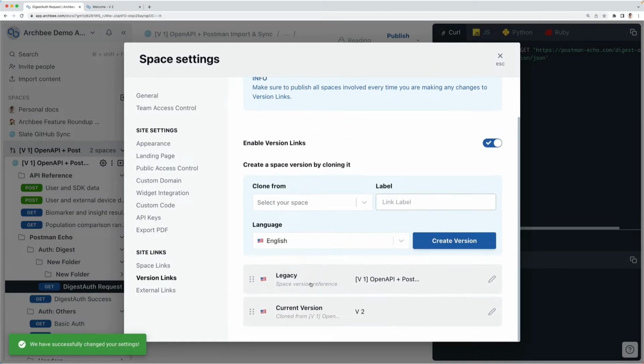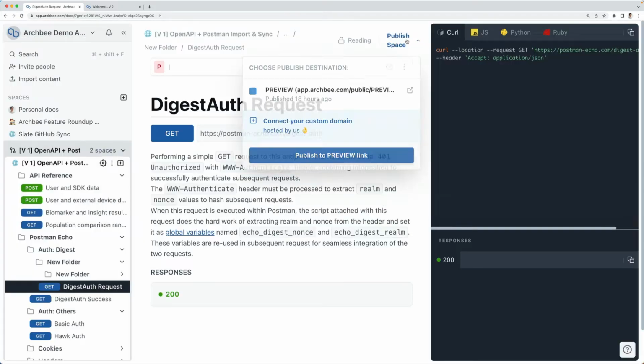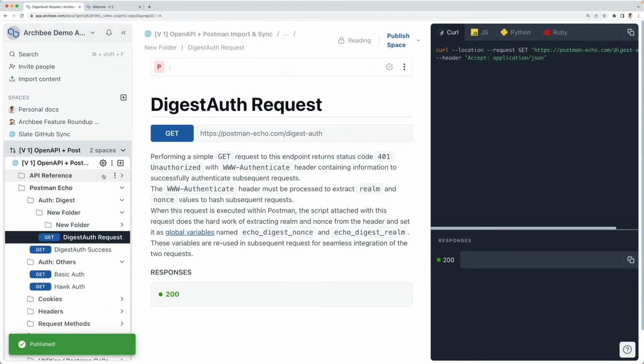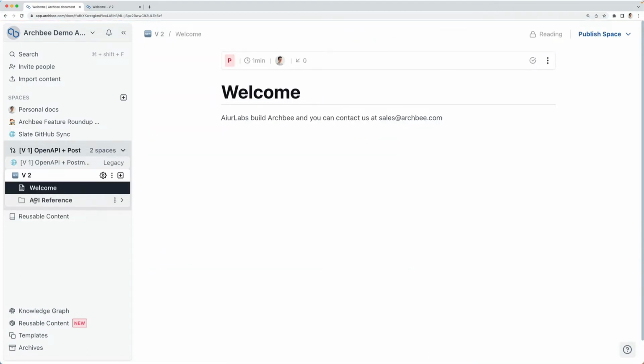Let's say the legacy will be, actually, let's put this beta. We're still experimenting, right? So we'll have the legacy, which is the current version that I'm working on, but I'm playing around with the beta version if I want. So let's go ahead and publish this, and you'll see some changes. The changes are that here in V1, I have my API reference and the Postman collection, right? But in V2, the beta version, I just have my OpenAPI reference. So the change with the beta version will be that we'll just focus more on the OpenAPI standard,